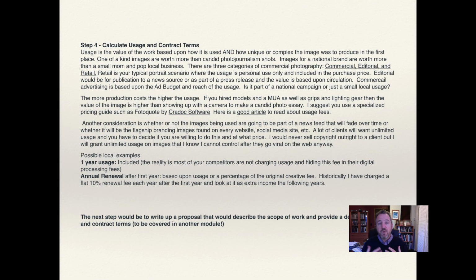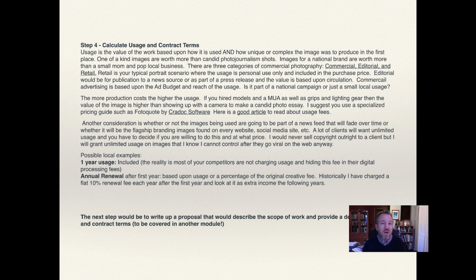I would go to the ASMP Business Practices website and look for recommendations on how to quote usage. I would also encourage you to find out who are your local ASMP photographers in the area, and when you're first starting out, call them up because they would gladly help you with the usage. They're not going to be able to set your prices for you because that would be illegal. But I know many photographers who would rather have a conversation with you up front about what's the appropriate usage fee than to see you